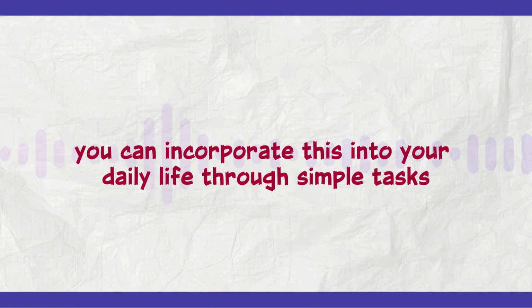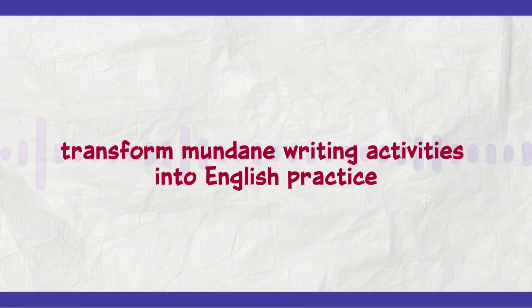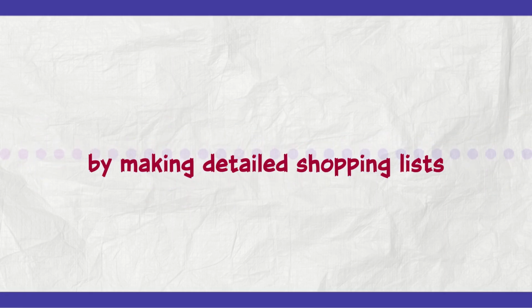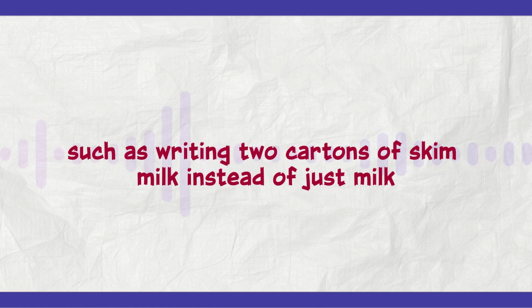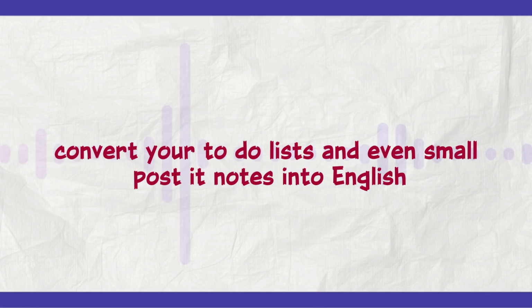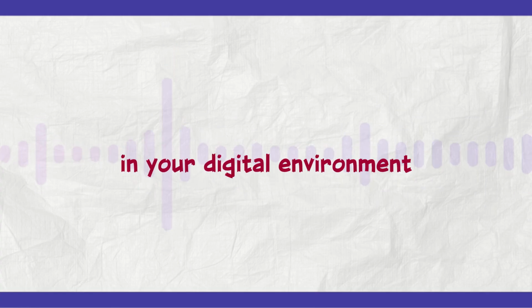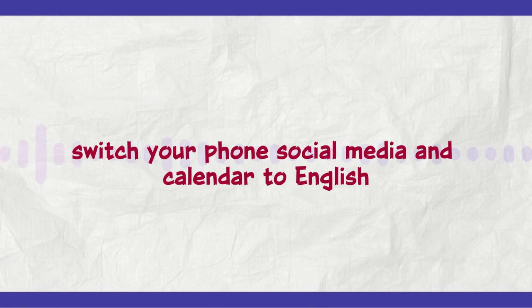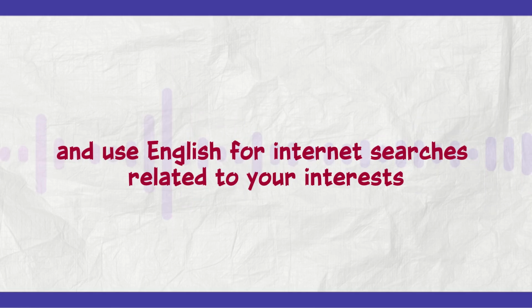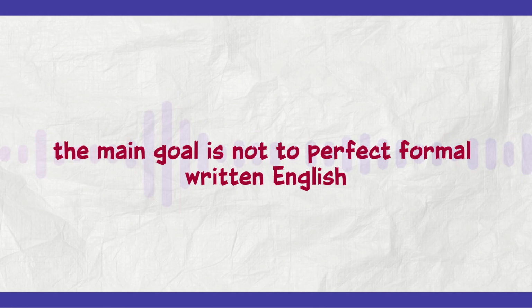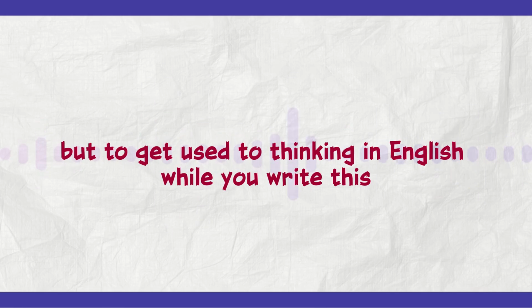You can incorporate this into your daily life through simple tasks. Transform mundane writing activities into English practice by making detailed shopping lists, such as writing 2 cartons of skim milk instead of just milk. Convert your to-do lists and even small post-it notes into English. In your digital environment, switch your phone, social media, and calendar to English, and use English for internet searches related to your interests. The main goal is not to perfect formal written English, but to get used to thinking in